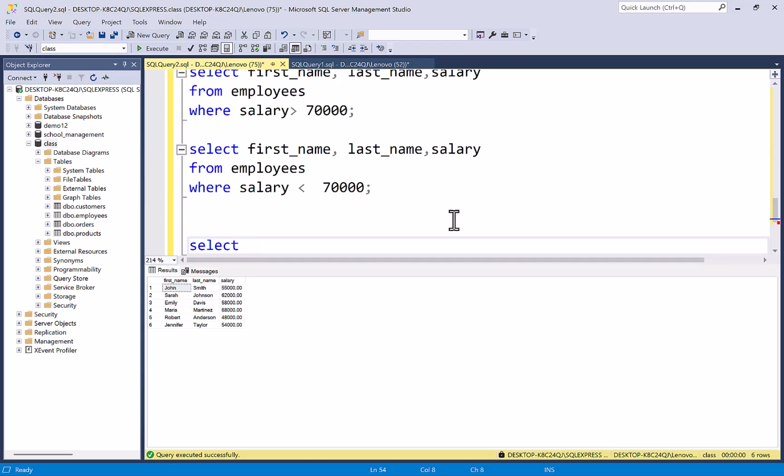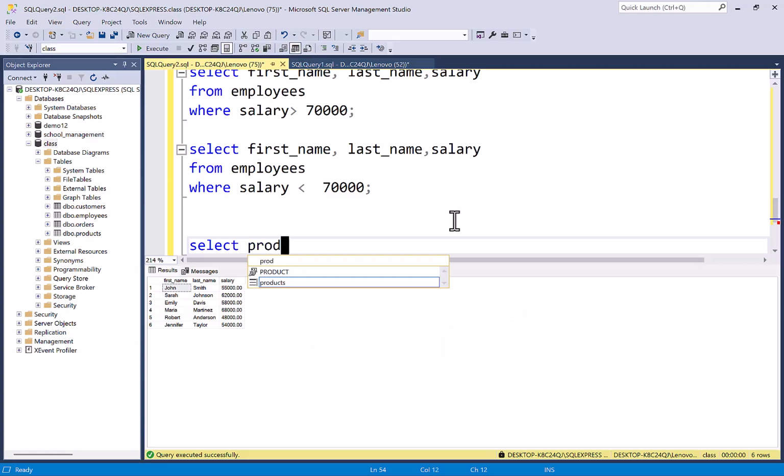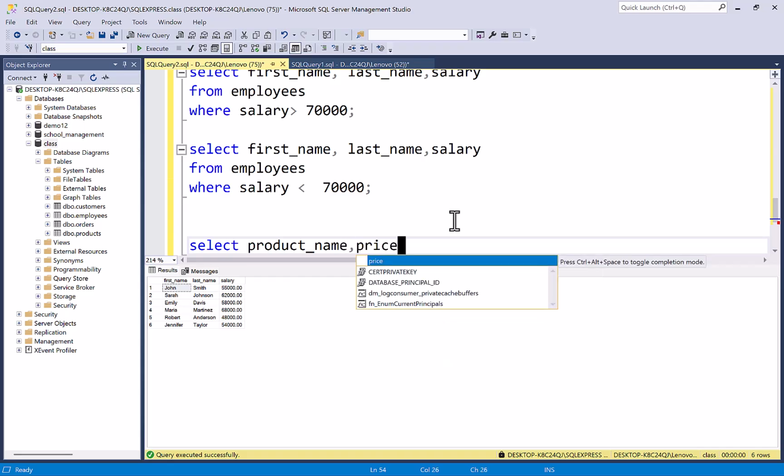Okay, select one more example from the product table. Select product underscore name, price, from